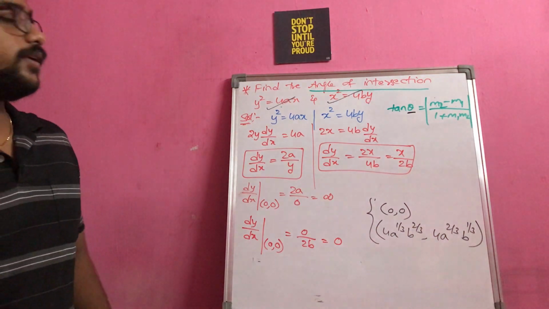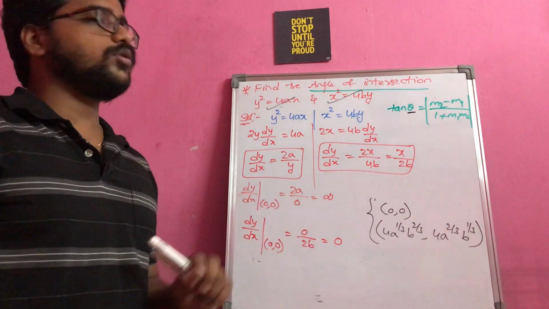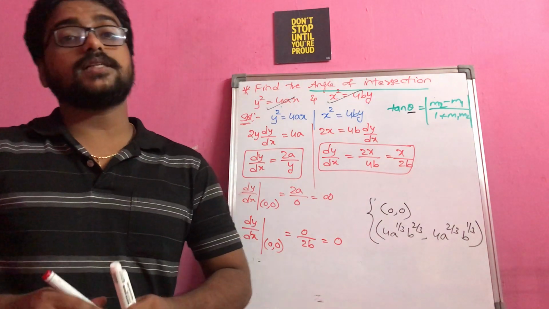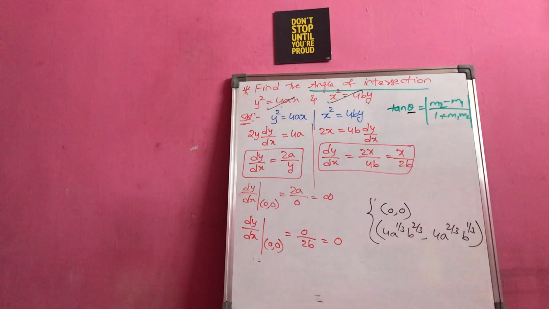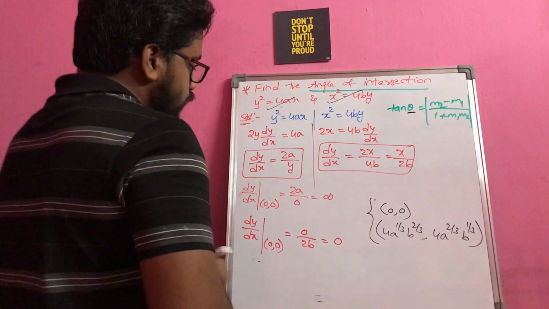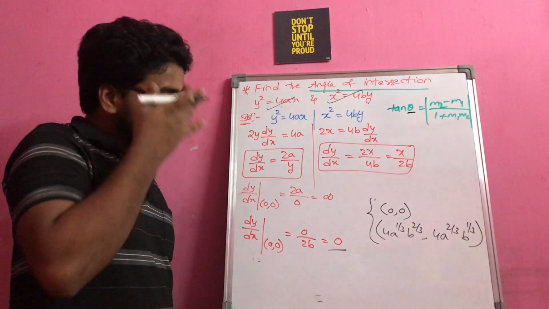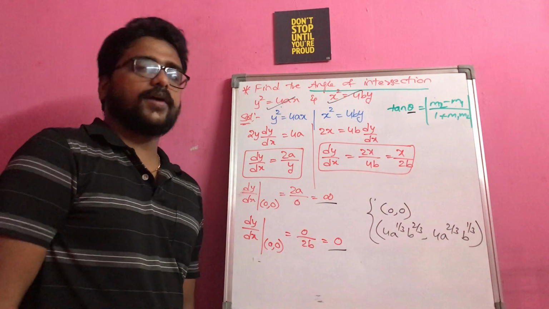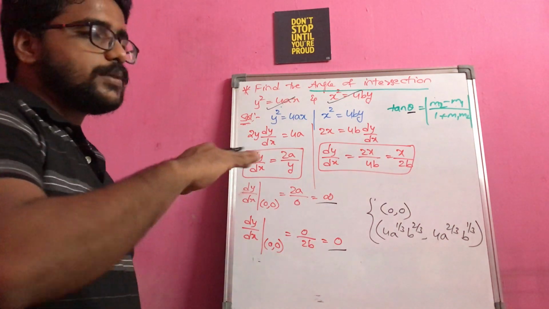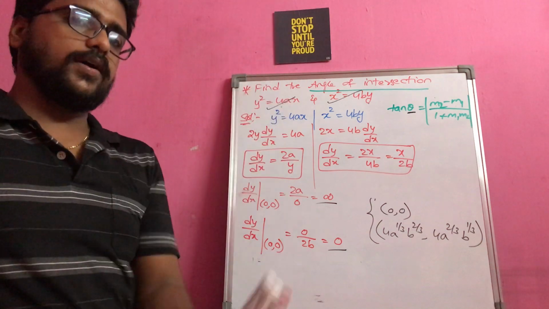So can you understand anything? You are getting one slope as 0, another slope as infinity. So what does it represent? This is the important thing that you have to understand, that the one value of the slope is equal to 0 you are getting, another value of slope you are getting as infinity. So what does it represent? Simple thing. You can understand that when I say the slope value is 0, indicating that it is parallel to the x-axis. This is parallel to the y-axis. So that means one line is parallel to the x-axis, another line is parallel to the y-axis.